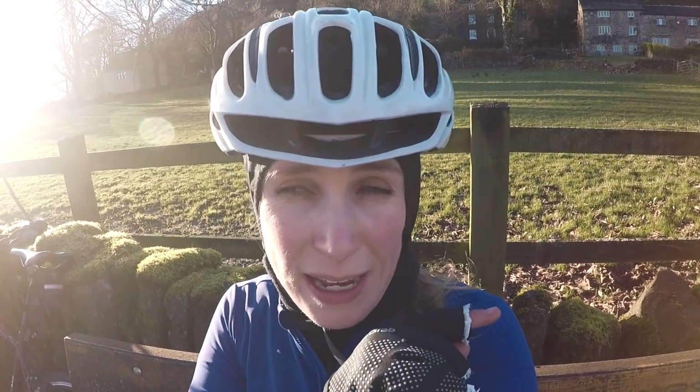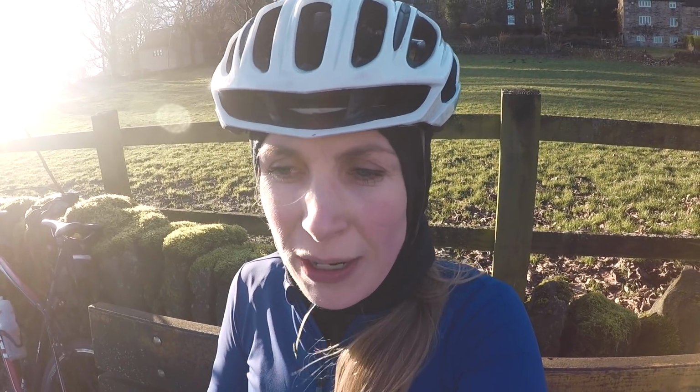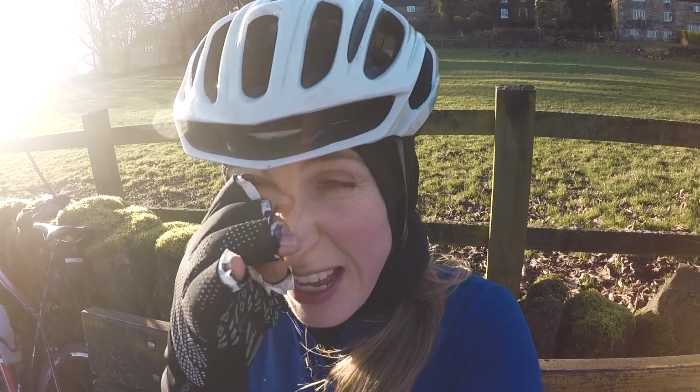But I remember the first time I went up that, I think probably the first 2 times, I had to stop because I just absolutely bricked it and thought there's no way I can get up that. And today, I kept thinking, I know it was steep, but where's the steep bit where I feel like I'm going to come off my bike? And it wasn't there. And I think it's just that